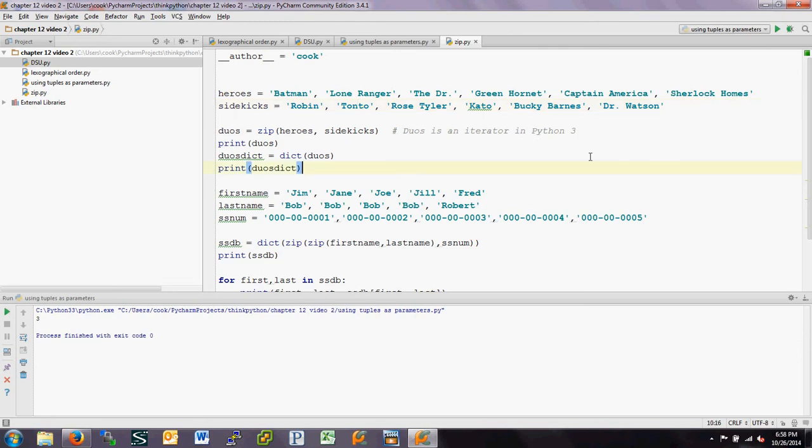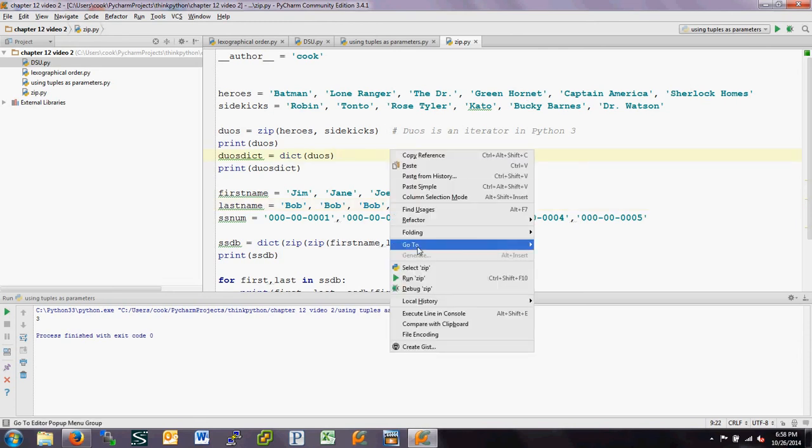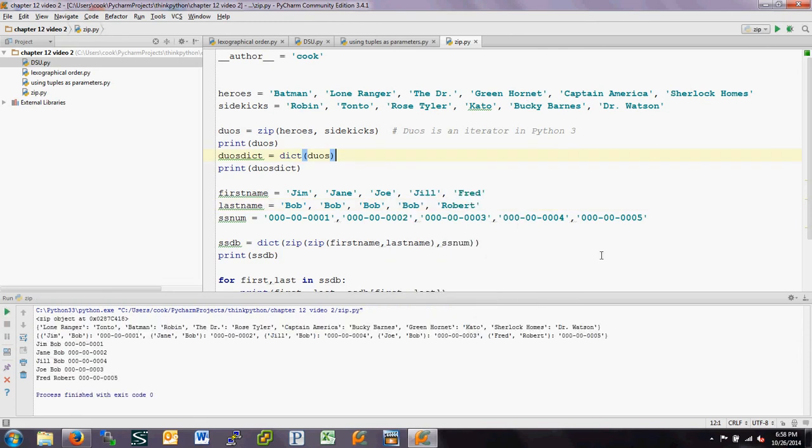And there's lots of uses one could use for this kind of thing. Another example is you could have first name, last name. So that gives you an identity for a human. And then we can pair that up with their social security number. So I'm going to zip the first name and last name together. And then I'm going to zip that with a social security number and make that into a dictionary and print that out. So let's take a look at what that looks like before we get into the last bit of